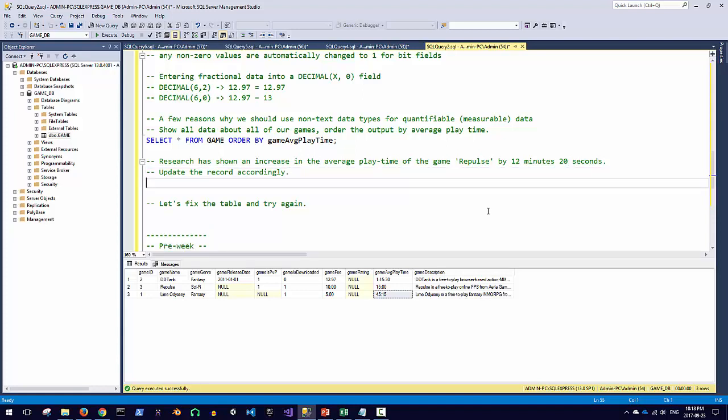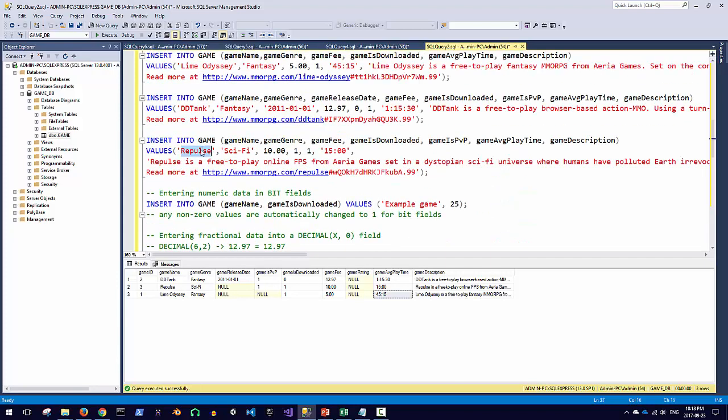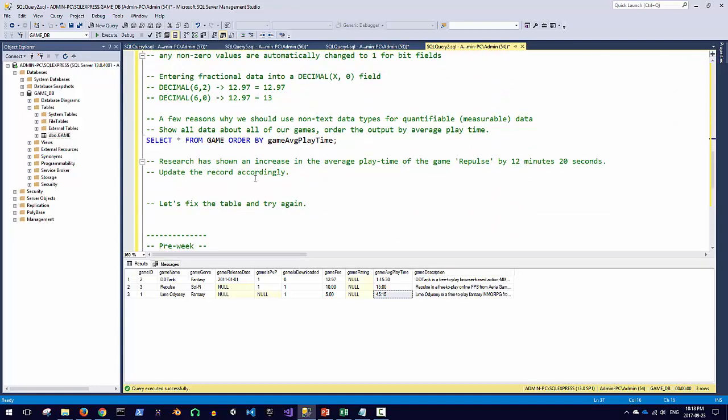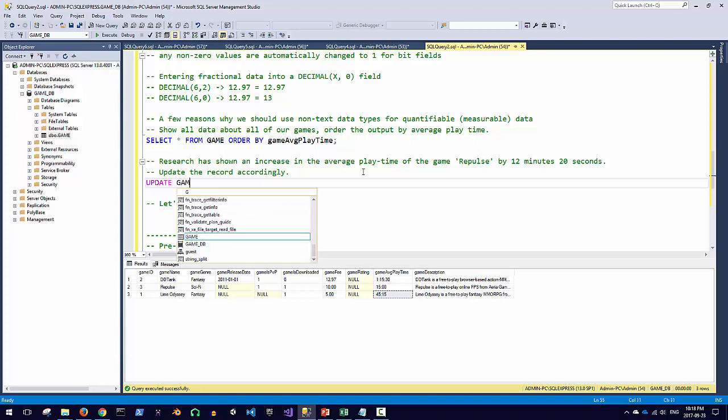So anything that's not really a string, make sure you're using a good data type for it. So let's look at the game Repulse. That's the third game I entered here, okay? We're going to increase the average playtime. So it's update game set,